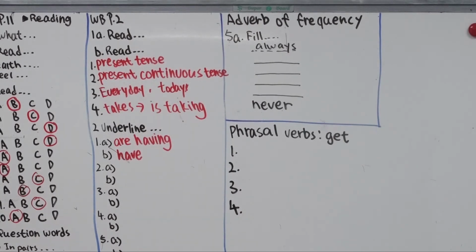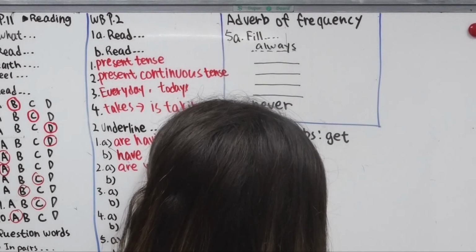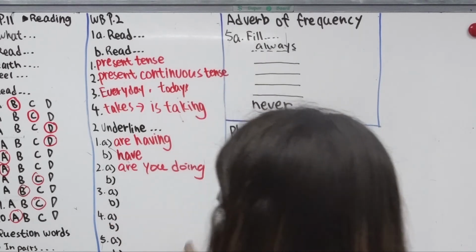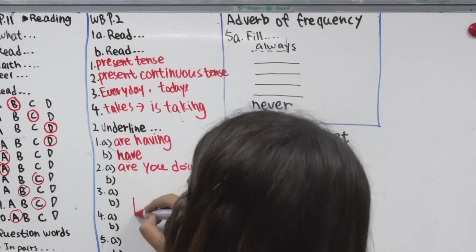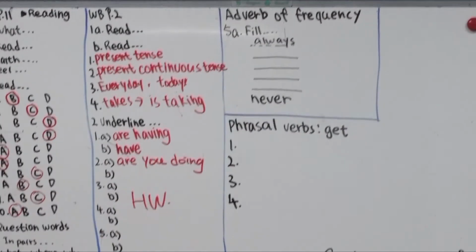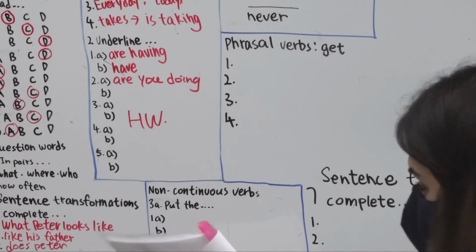2A. What do you do next weekend, or what are you doing next weekend? Are you doing, alright? Are you doing? The rest of it, homework. No worries, you have done that several times. And then, please have a look on